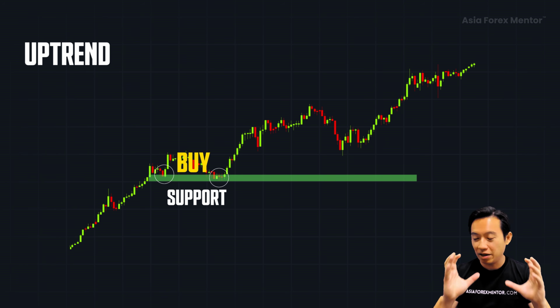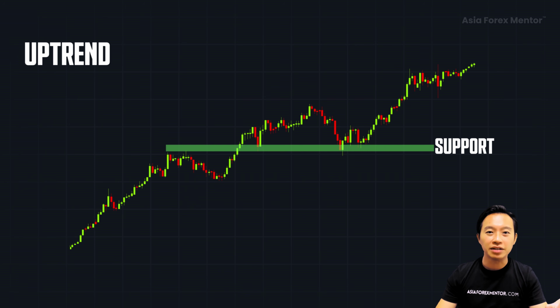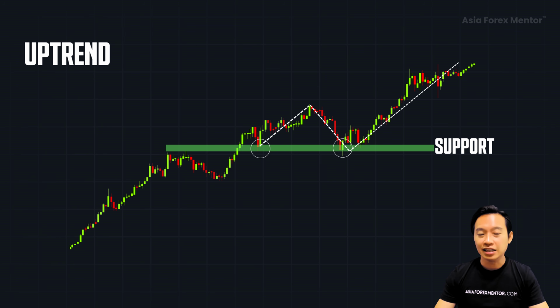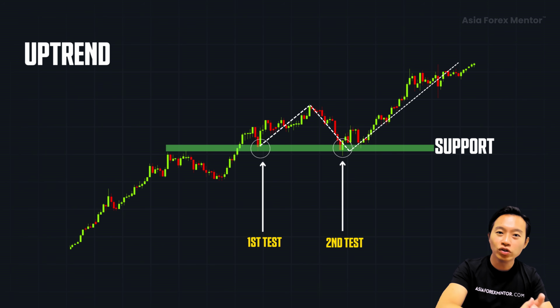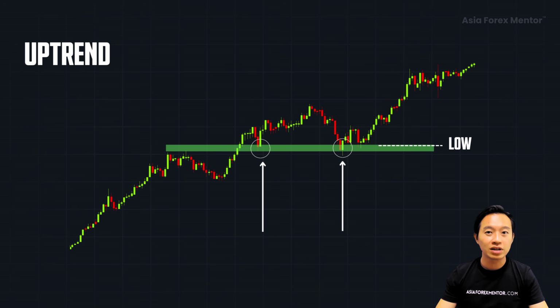Alright, so this is how you're able to enter with confidence instead of just randomly chasing. Now, if you look at the chart, you want to find areas where price has previously bounced higher. These are the spots for support. If you notice that the market has bounced off the support twice, right? So this is an area of support that you want to pay attention to. If you notice that price bounced higher from this low to where it is now, you don't need